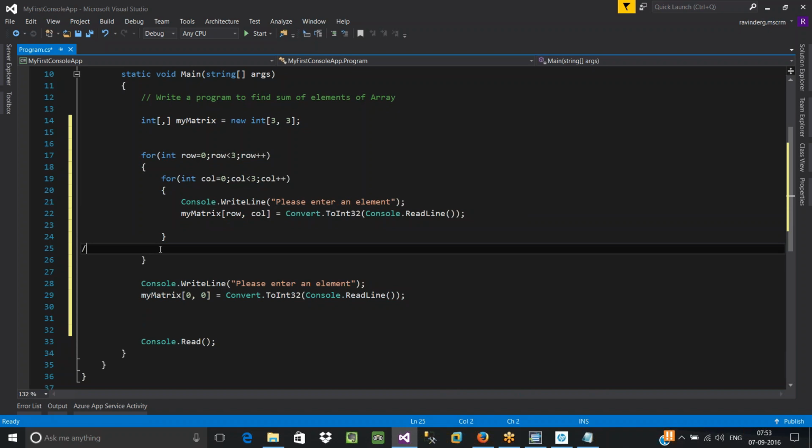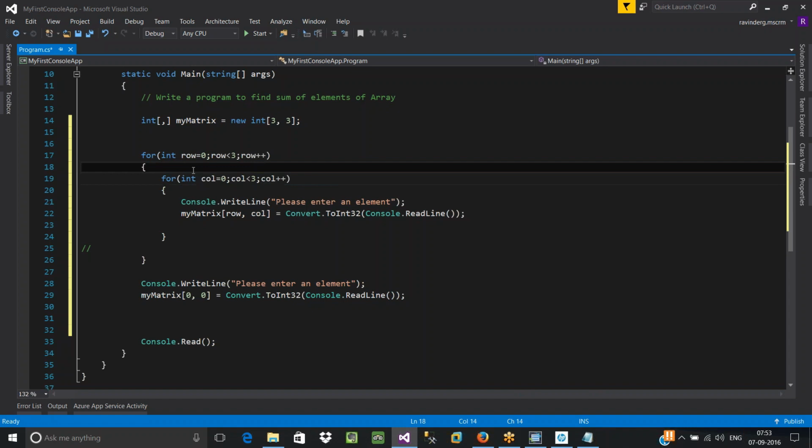Now it will come outside of the inner loop. Once it comes outside of the inner loop, the row value is going to be incremented. Earlier it was 0, now it is going to be 1. Is 1 less than 3? Yes, the condition is true. It will come inside your loop. Row is equal to 1, which means we are at the second row. Within the second row, again it will start from 0. See, column is equal to 0, because within the second row you need to navigate between all 3 columns. So that's why every time it starts from 0.